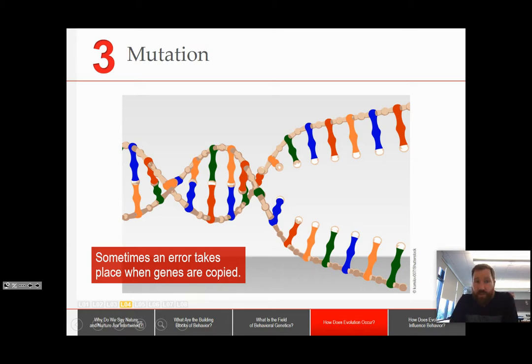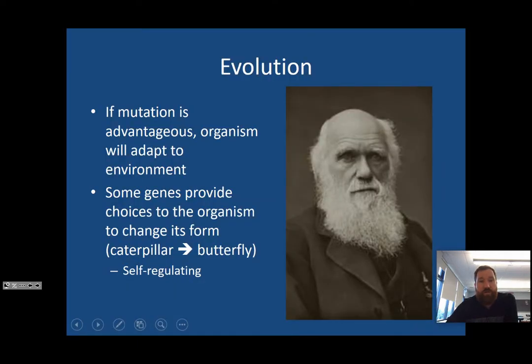But sometimes those mutations are advantageous. If that mutation is beneficial in some way, that shows that the organism is adapting to the environment, right? That shows that there's a random change in our genetic code that makes it more likely that we'll survive. More likely surviving means you're more likely to reproduce, which means you're more likely to pass that random genetic mutation on to your children. Expand that over thousands of years and hundreds of generations, you have evolution.